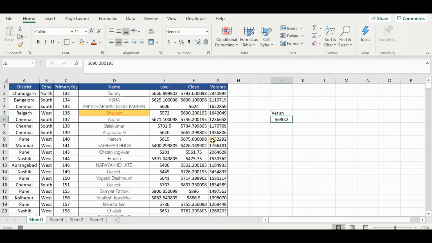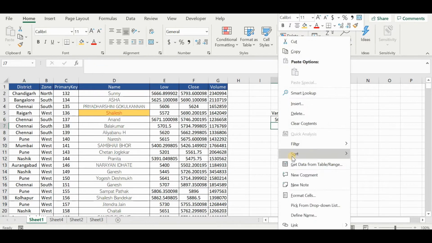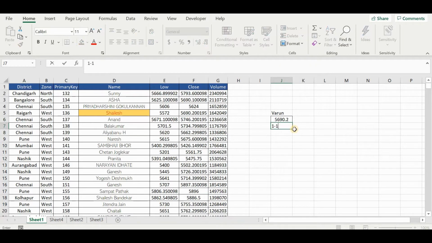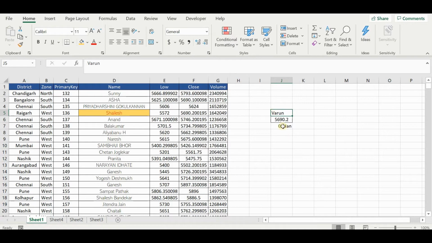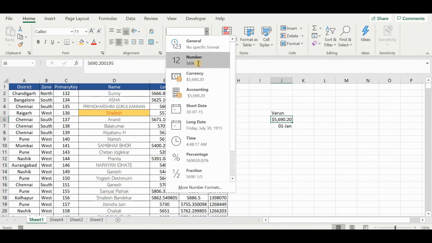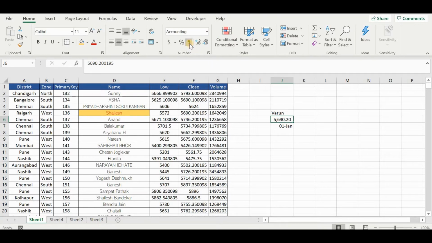So there could be many such numbers. Today is, say, I also write a date, which is 1st January. Now come here, and it clearly says that it is a text, so I can select general as well. By default, this is stored in general, though this could be a number. Sorry, this is a currency. If I want to click it as a number, then it will be a number like this. If you want to give a comma, once you give a comma, automatically this is being taken like this.